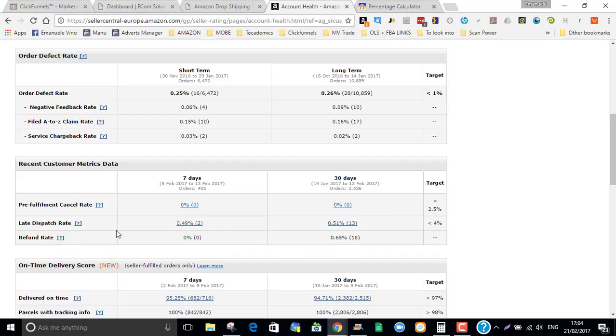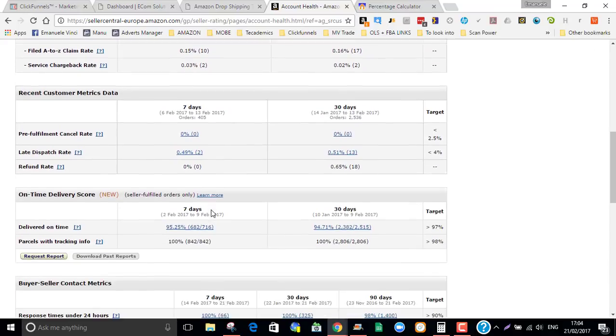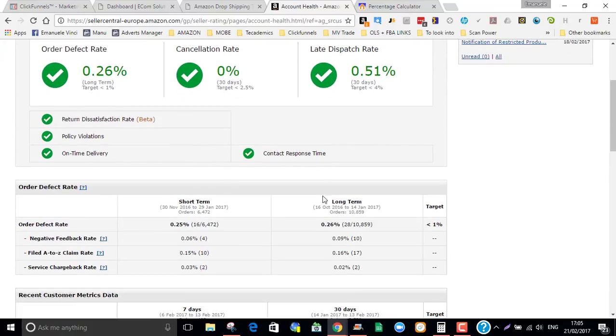You could avoid some late dispatch rate that would take you above the 4%. This is again on a scenario where we would be at 3.99%. So let's say that something is out of stock and you are supposed to ship it within 3 days. What we do